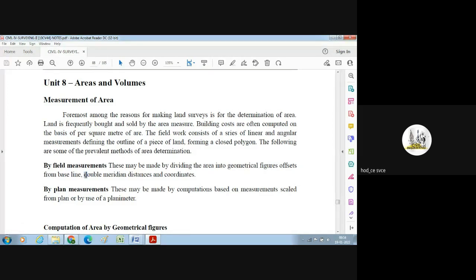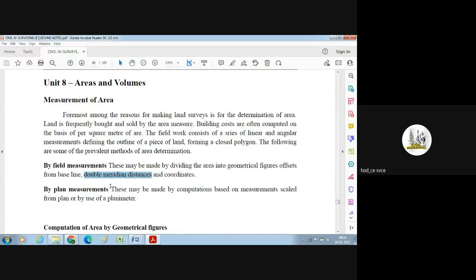And double meridian distance. Meridian, right? So meridian is different here, based on the one axis. Okay, so based on the horizontal or vertical. Generally, four coordinates were there, right? Here, within the double meridian distance, what we are doing means,